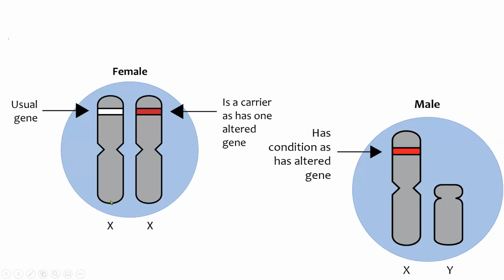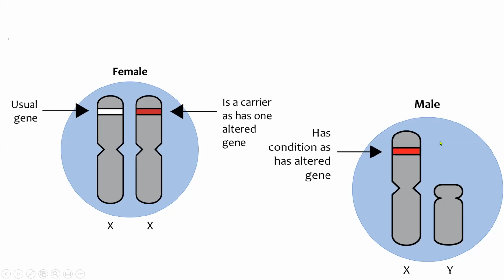She has 2 X chromosomes drawn just very simply in their single-stranded form. And the female could have 1 allele, that's the typical, normal, usual gene for a trait. And she could have an altered gene. She can have an allele that has a mutation or that is the incorrect form of that gene. But she's got 1 healthy form, one typical, usual form. So since she has 2, and since most mutations are recessive, she'll be fine. She's got 1 dominant allele to be expressed, and that's going to be the one that comes out in most